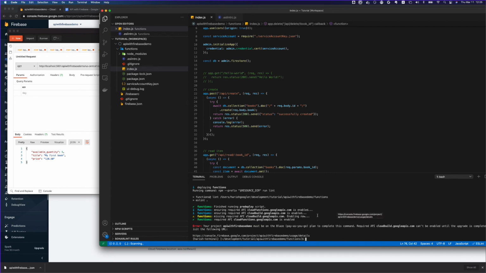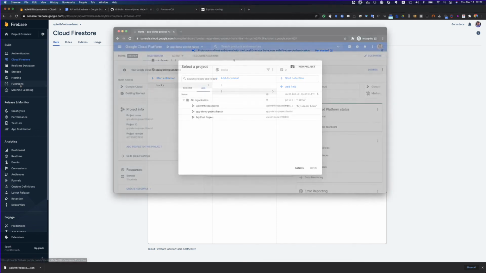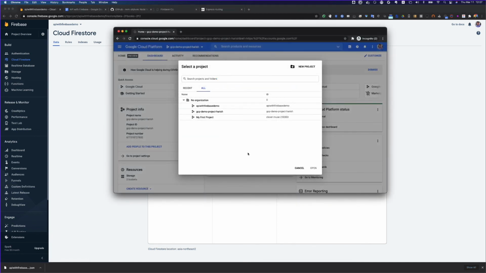So now I'm getting this error that I don't have a billing account set up, the plan is not proper. It says I need to set up my billing account so that I can use the pay as you go plan. I'm on the free plan right now, so I'm not able to deploy it on Firebase functions. So I'm going to set up that billing. As you saw, I'm getting that error that I don't have pay as you go billing. So I'm going to set that up.